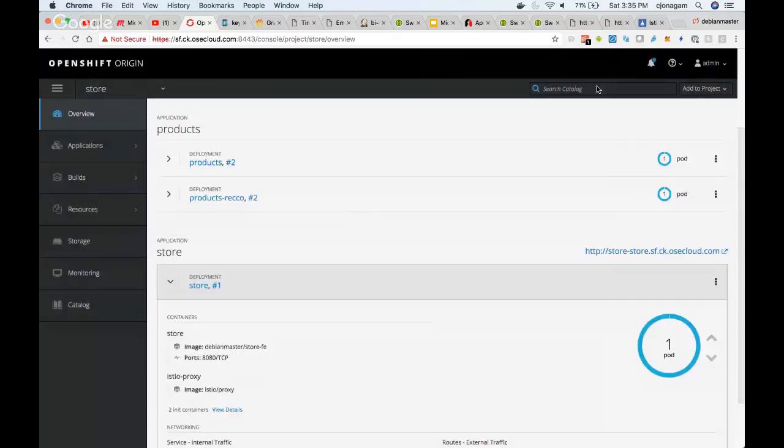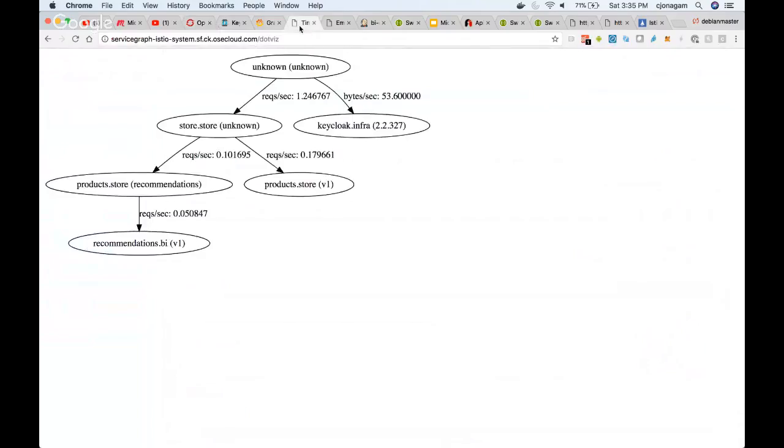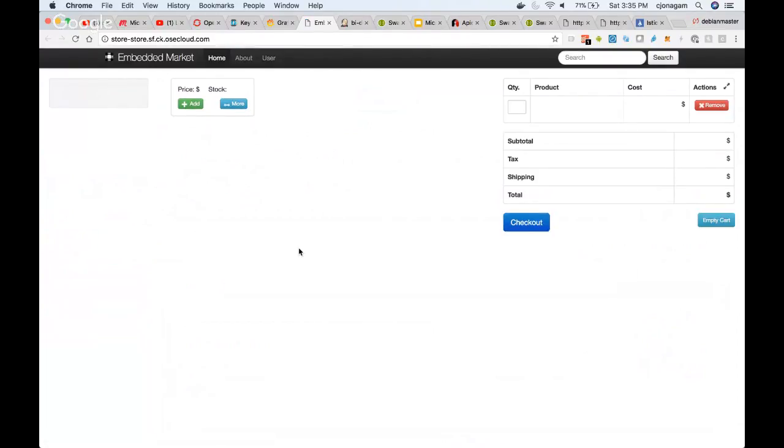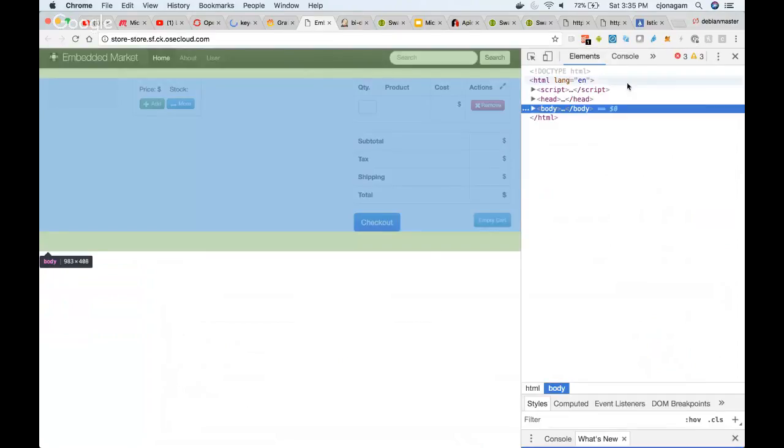So now, once you create that authentication, you should see an error inside your UI. If I do a reload now, you see the products are not loading. That is because we have secured the API